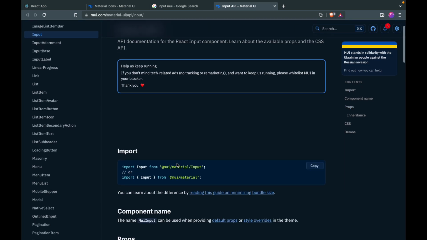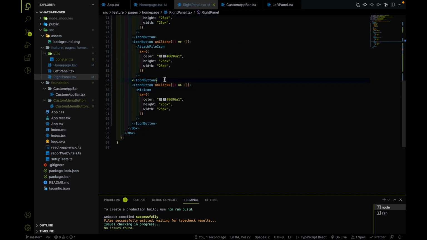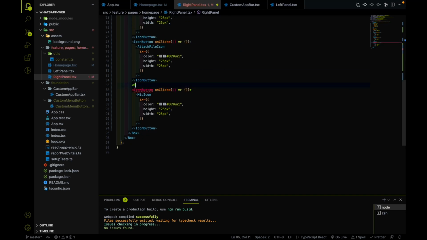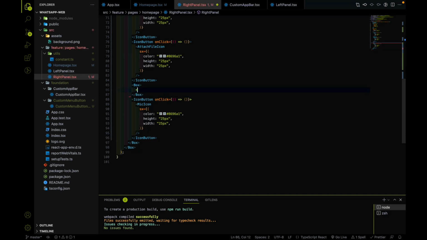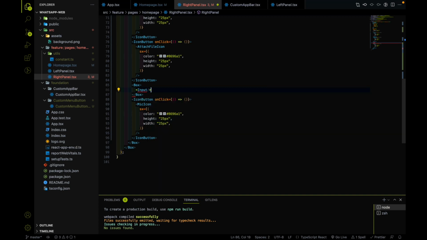So what I will do, I will use a box, and inside the box I'm going to use input. Let me first import the input from Material UI, and let's provide the box flex 1. Hit save,